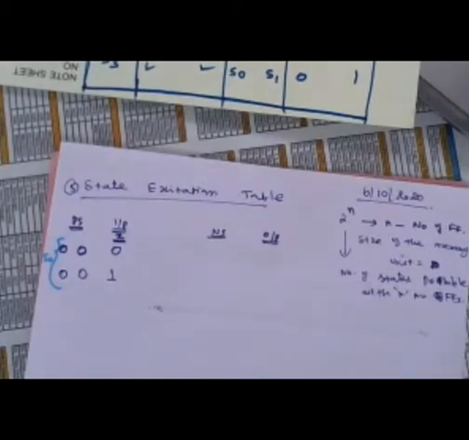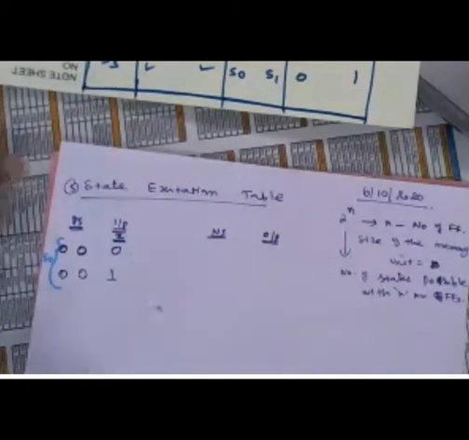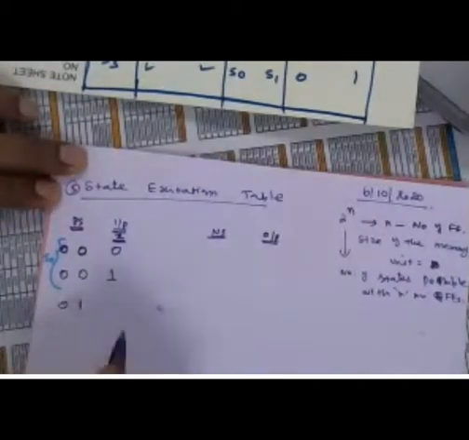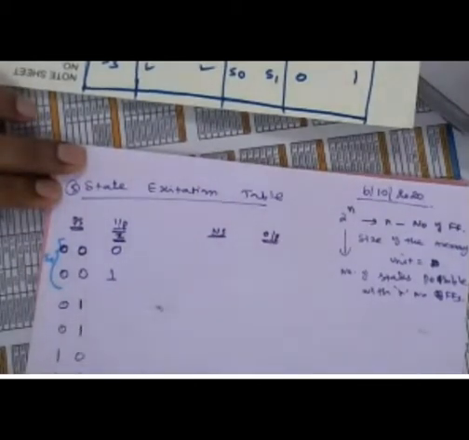That S0, the label is replaced by the binary assignment. So S0 is nothing but 0, 0. We replace S0 by 0, 0 because S0 will not work in our design, since everything should be dealt with in terms of binary numbers, zeros and ones only. Therefore, S0 is replaced here by 0, 0, right? And then 0, 1 is for the S1 state, and 1, 0 is for the S2 state, and then 1, 1 is for the S3 state.